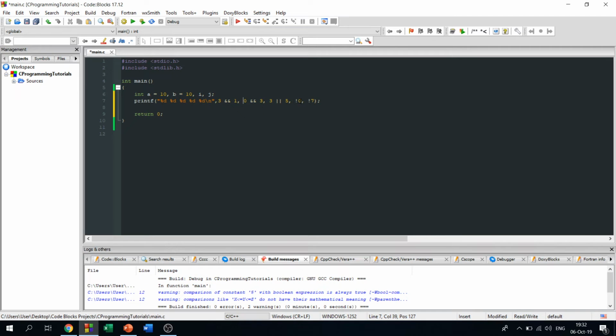Not 0, well, actually that means it's 1. Okay. And not everything apart from 0 will return 0. Do you understand? So if I have here not exclamation mark 1, I will get 0. If I exclamation mark 3, I will get 0. Okay. Now when we run this program,